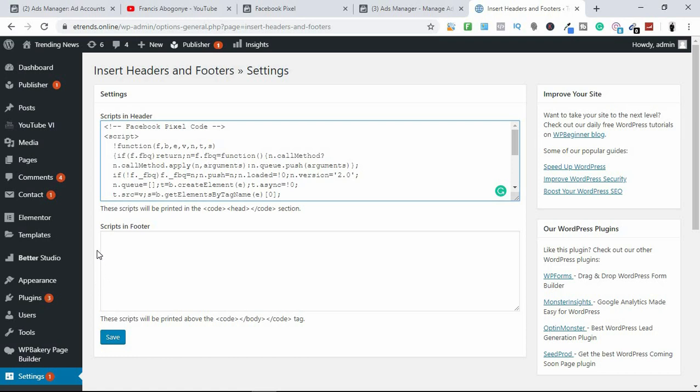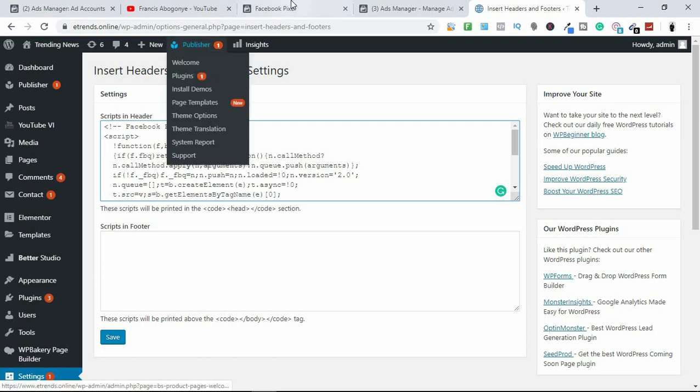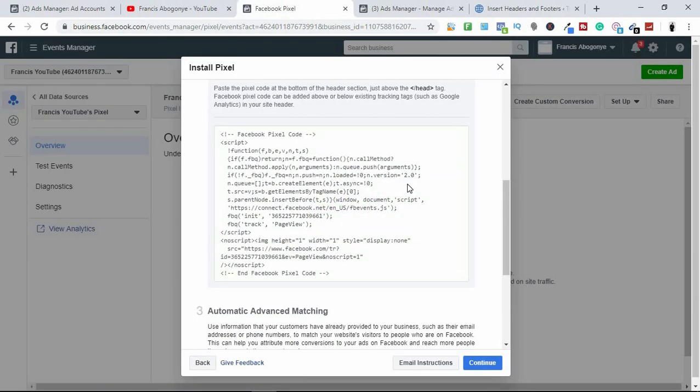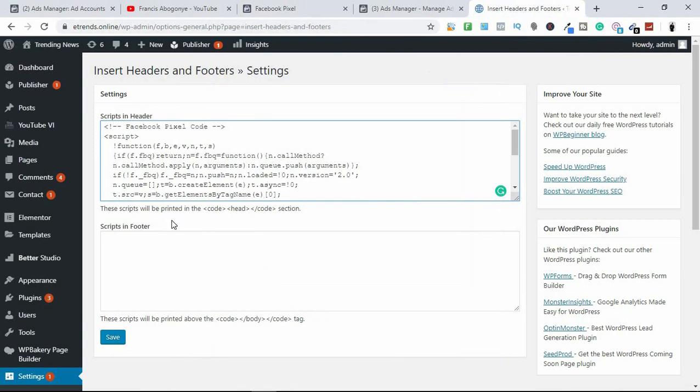if you don't want to mess with code, you just saw what I did. I just clicked on copy. I just clicked on this area right here, and it turned green once I clicked on it. And let's say I don't want to start messing around with code, if you're on WordPress, you can easily do this. Just install a plugin called Insert Headers and Footers, and it's actually free. It's a free plugin that you can install